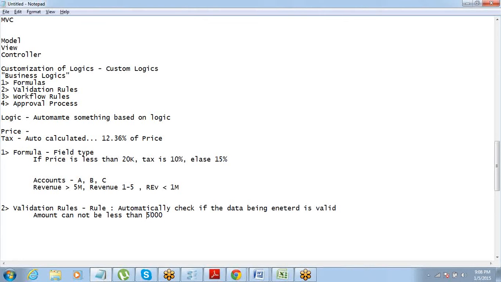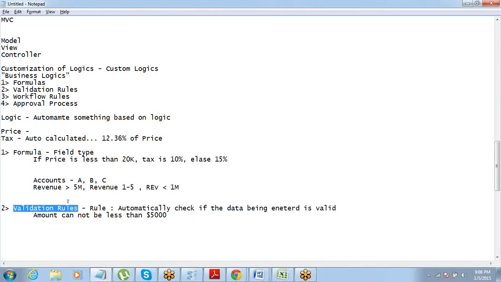Then what do you do there? So here what we have to do is make sure that the amount of the opportunity is at least $5,000, right? So to ensure that whoever is entering data, from wherever the data comes, it is not less than $5,000, we can put a validation rule there.